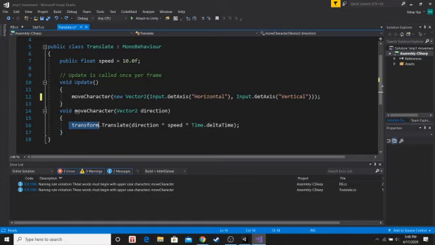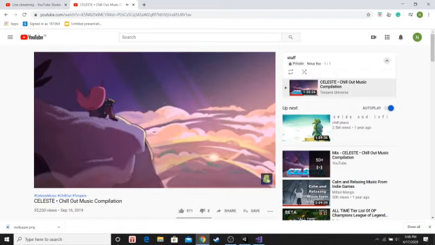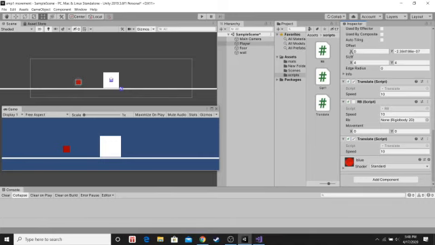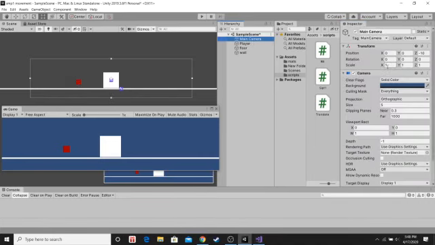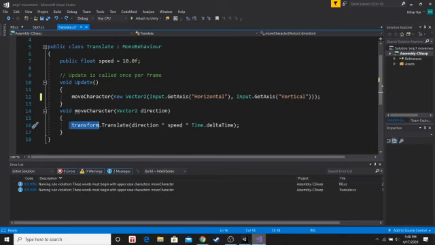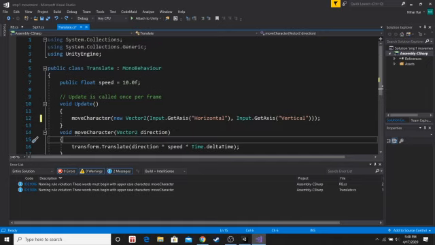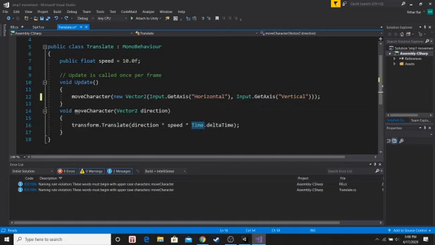Transform basically talks about this transform, and Translate refers to motion obviously, and by how much is defined by direction, which is basically this vector being sent to your function, and into the speed, whichever speed you feel like, and Time.deltaTime